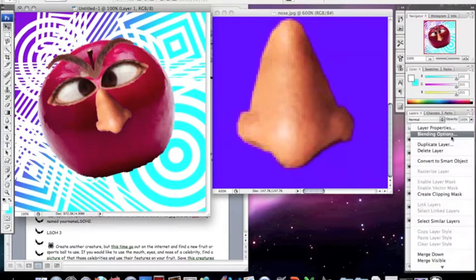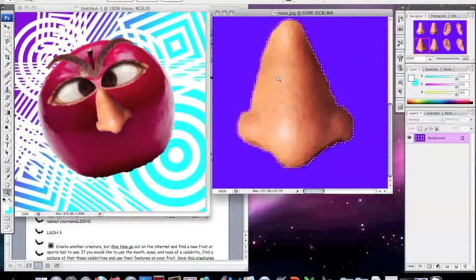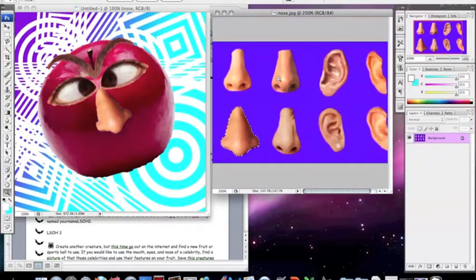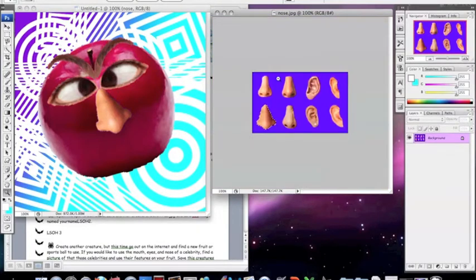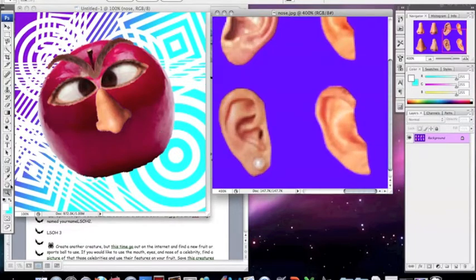I'm going to name my layer Nose. Come over, zoom out. Remember, you need to deselect, so Control D. And then I'm going to select an ear. Oops, I got to zoom in first. Then I'm going to select an ear,